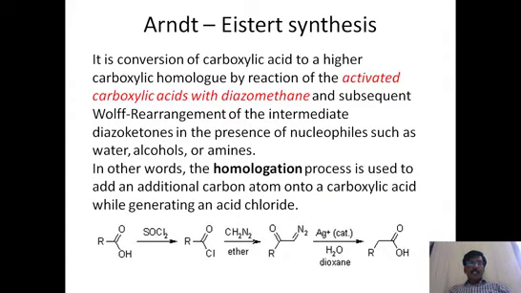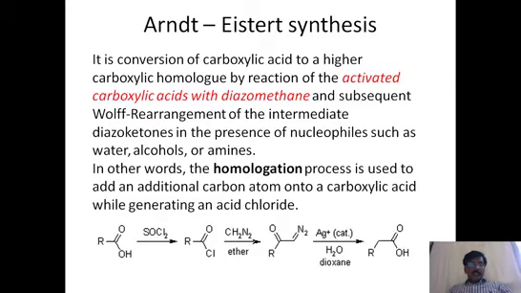And which is doing this part? It is diazomethane, CH2N2, from which the CH2 group is inserted and N2 is lost, nitrogen is eliminated. So diazomethane is the key part here, which is adding one extra carbon to the carboxylic acid. The starting material is a carboxylic acid, the ending product is also a carboxylic acid. The difference is only that a CH2 group is extra added. This is what we call Arndt-Eistert synthesis.